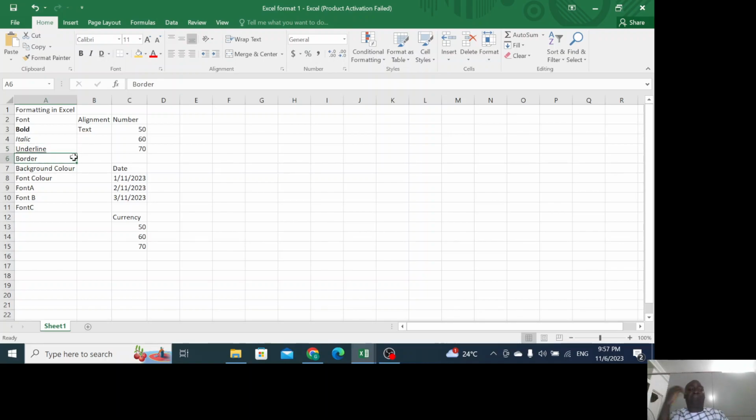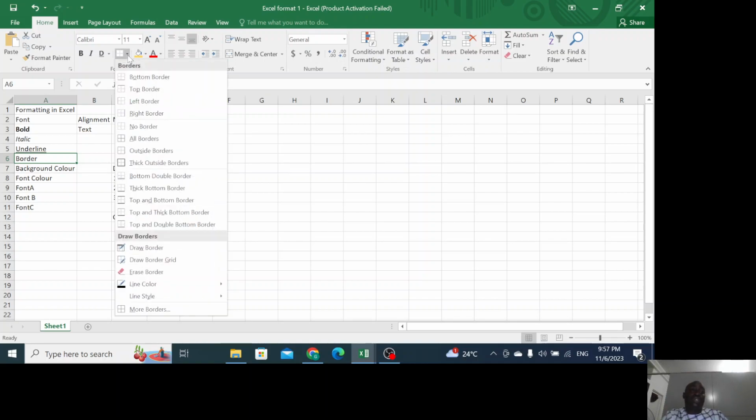For border, you can see some lines in our cells. They don't mean border, but that's how the cells are partitioned. But to introduce real border into the cell, you have to look at the font group. You see the border list. So for the border list, you can just click on the list arrow so that it shows you